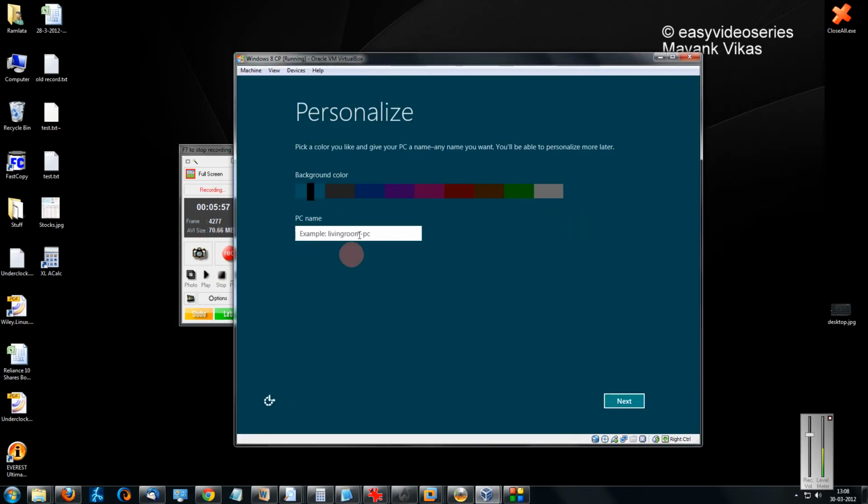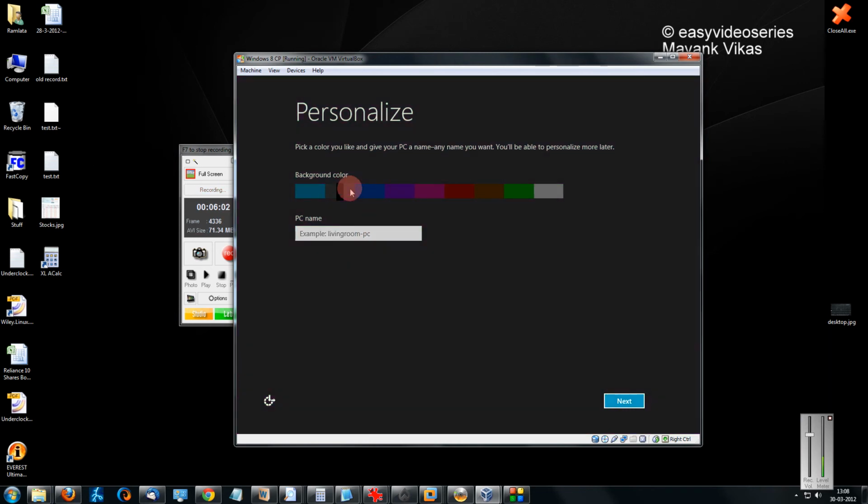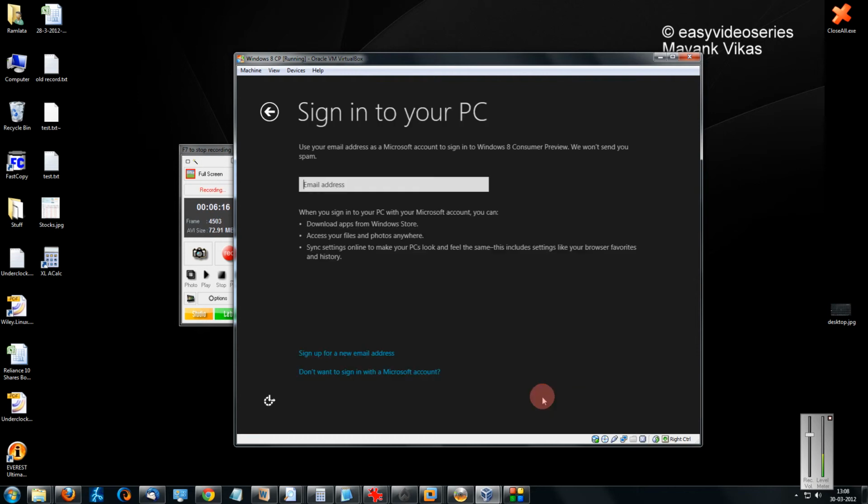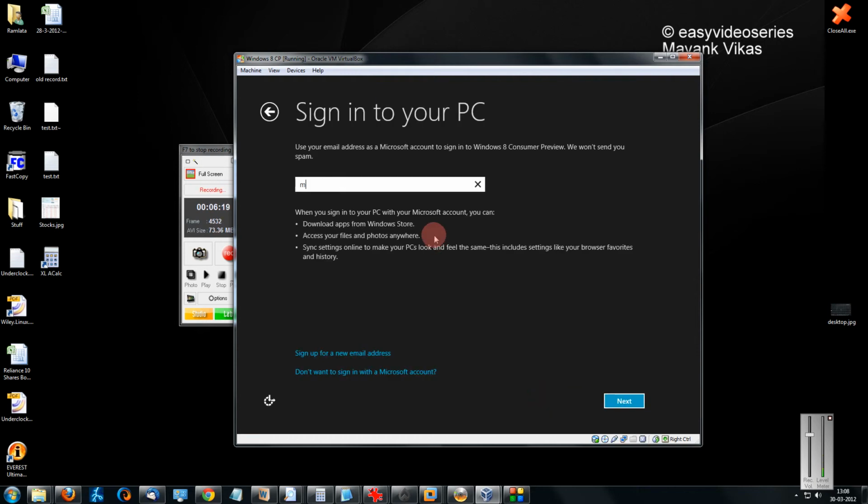Okay, so finally we get to this screen. You can choose a background color of your choice. Let's have this. You can give your PC name, just click Next. You can have the express settings, or if you want more detailed options, you can customize. Email address at gmail.com, you can give your email address.